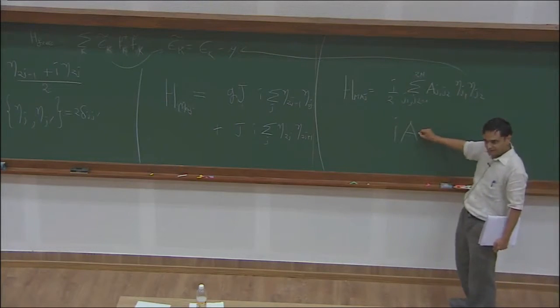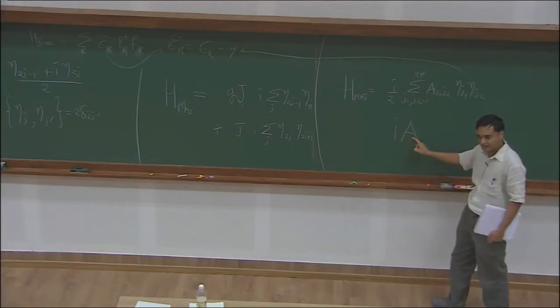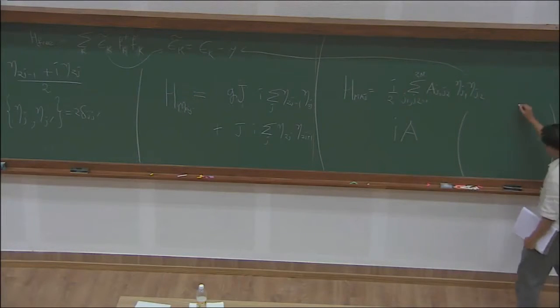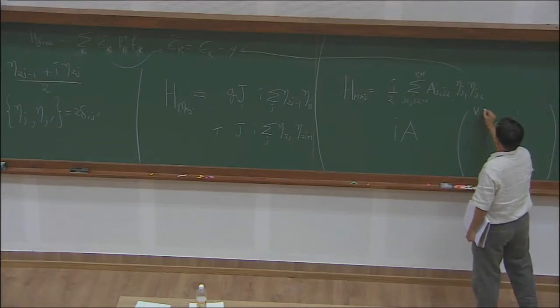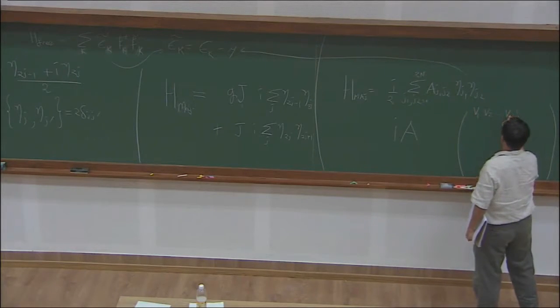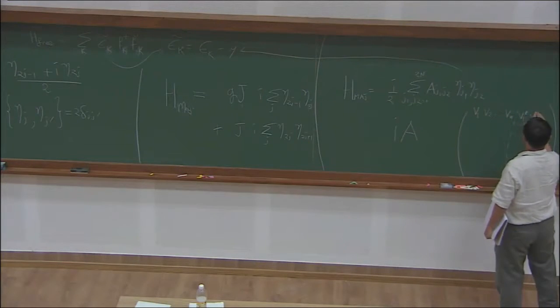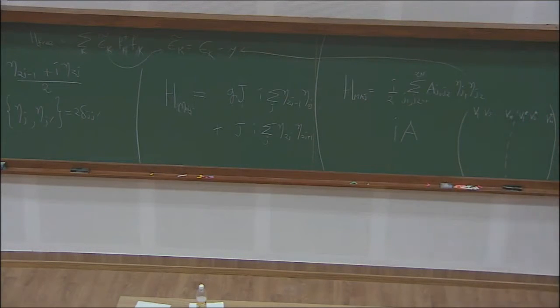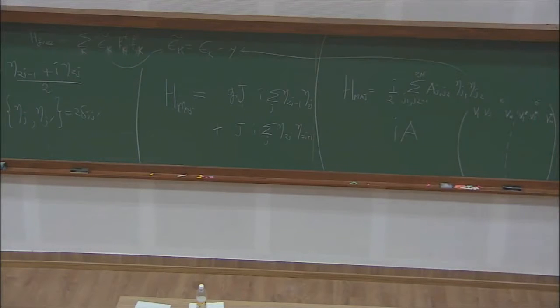So you look at iA, and we notice that iA has this interesting structure, that it's a pure imaginary antisymmetric matrix. So if I write out its eigenvectors, they come in two blocks. There's v1, v2, up to vn. And then there's v1 star, v2 star. So they come in complex conjugate pairs, with energies epsilon and minus epsilon. Right? We found that out.